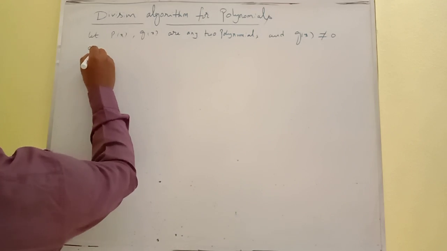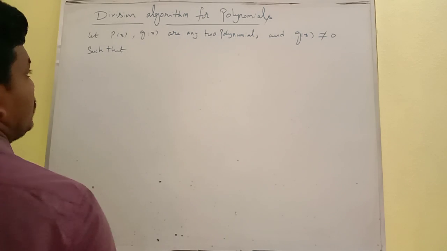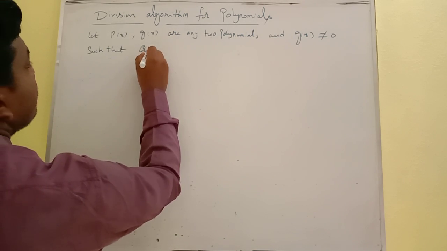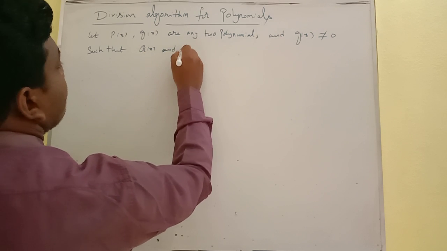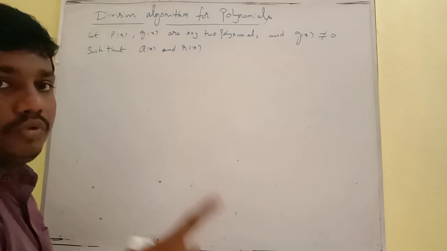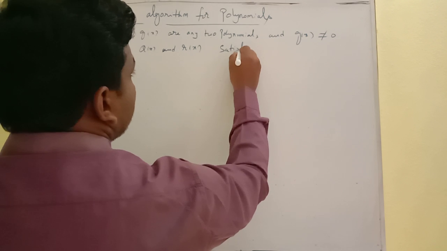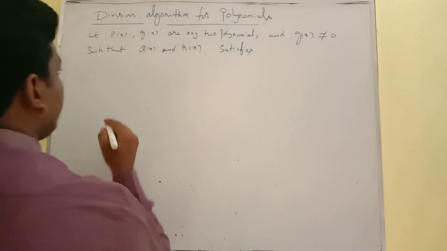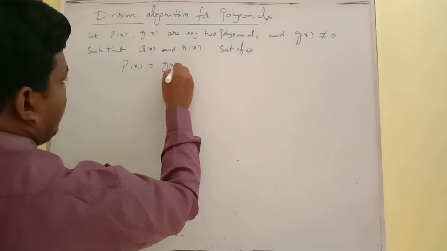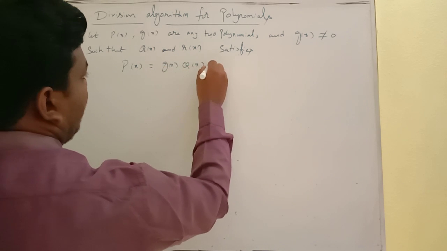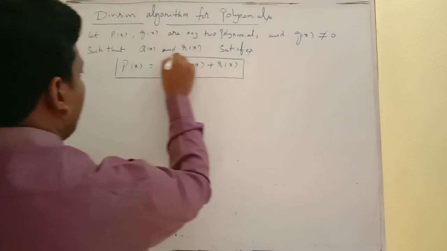Then there exist q of x and r of x, two more polynomials, satisfying the condition p of x is equal to g of x into q of x plus r of x. So this is called the division algorithm,